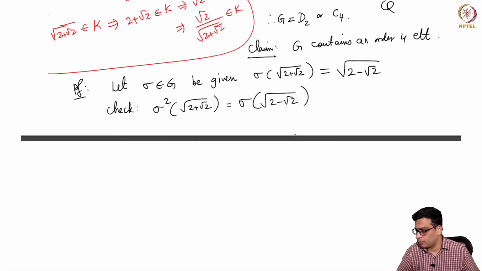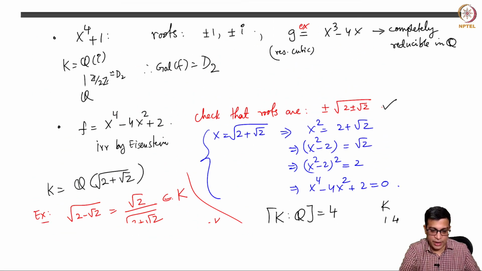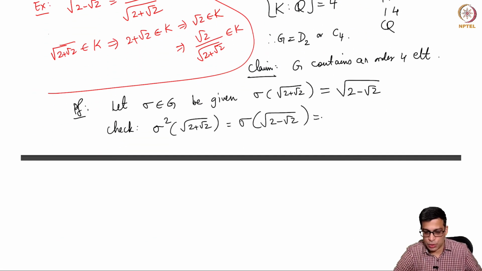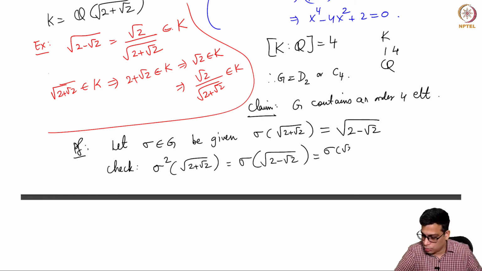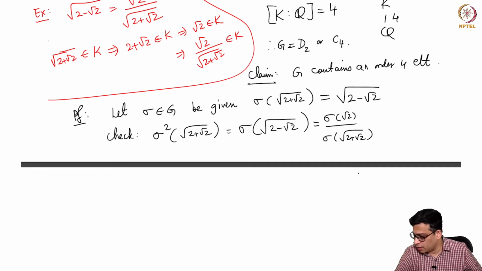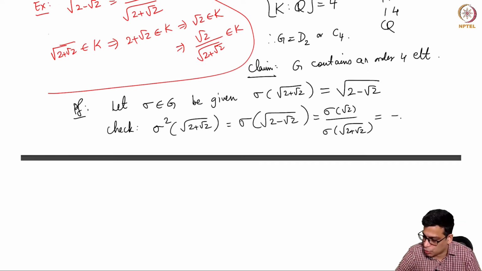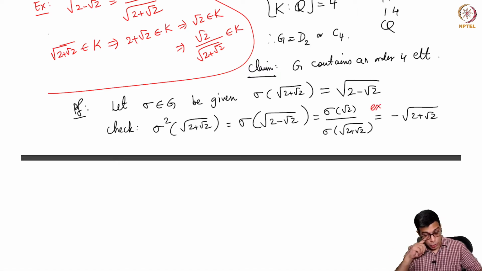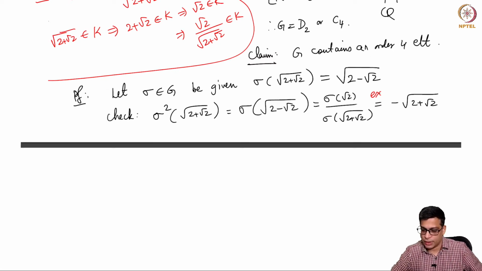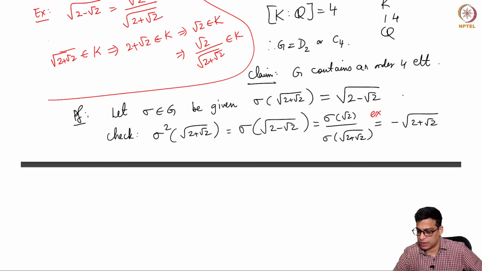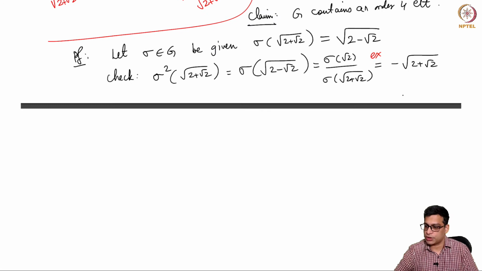So again I am going fast about this, and using the fact that square root 2 minus root 2 is root 2 divided by sigma of square root 2 plus root 2, and then you do a little bit of analysis and show that. Okay, so this is an exercise. As I said, I want to do as many problems as possible, so I do not want to do every detail. I want to isolate where I leave the exercise for you. So this equality is a trivial computational exercise.